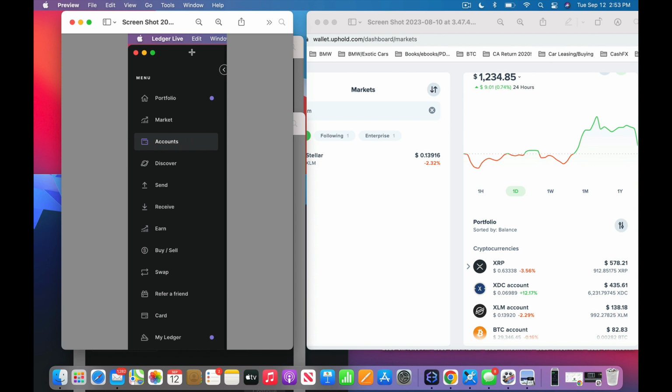Okay, so this is your menu right here. When you click on My Ledger, you have to connect your device. Otherwise, you can click on your portfolio at any time. Your Ledger Live is running on your computer. Now, if you want it updated and to have today's